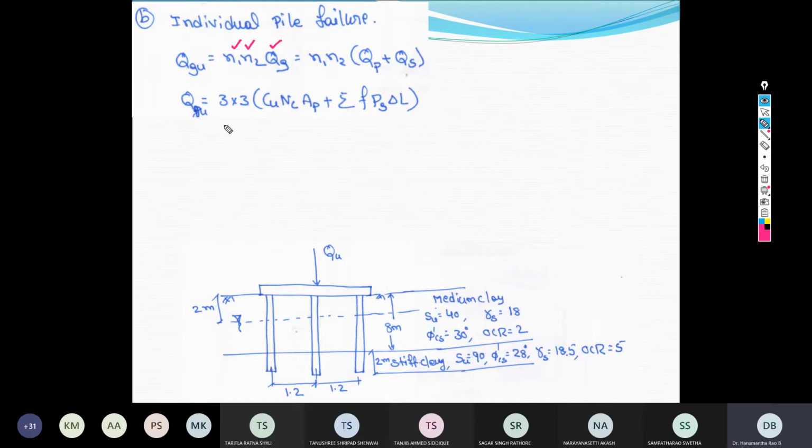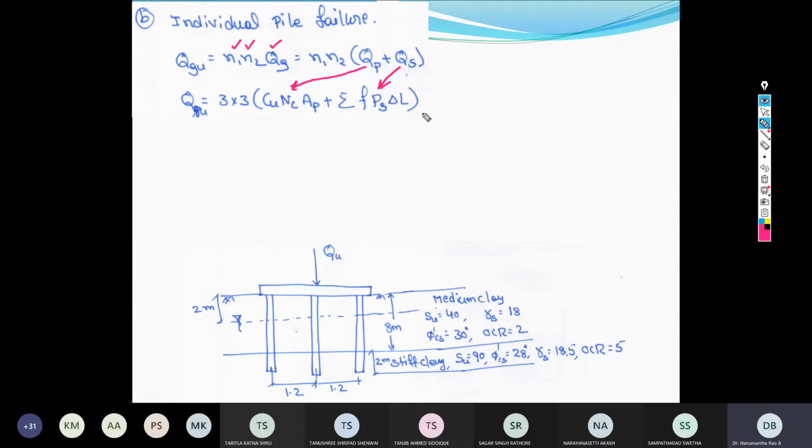So if you substitute N1, that is 3 piles in the length direction and 3 piles in the width direction. The equation for QP is Cu Nc into AP. So there was no change. But when it comes to the skin friction equation,